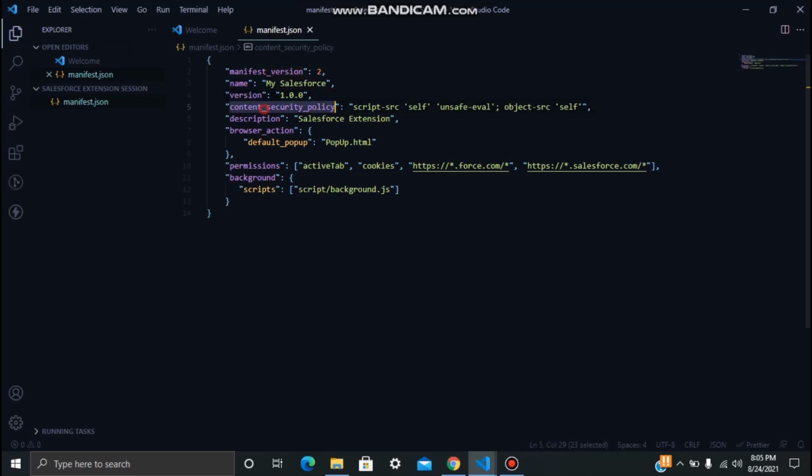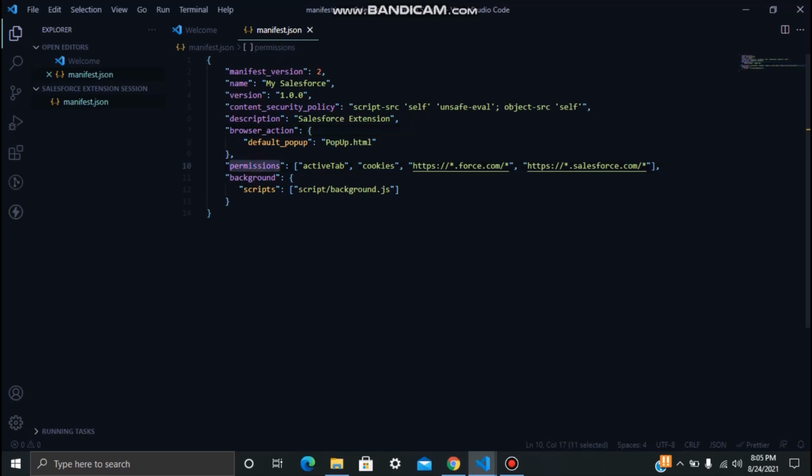Then your content security policy, which by default gives the policy for your user for the Chrome extension. And you can give your description so the user can see what this Salesforce extension is going to do. Then browser action is nothing but your main file, which is going to pop up when you click on the extension. I'll create popup.html soon.